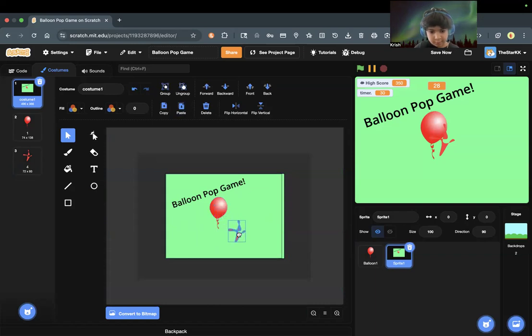Now I'm gonna put this at the bottom. Then I hold Shift to select this and this, and group them so that when I click on the balloon, that's it. And then I'll hold Shift, but I won't click group,